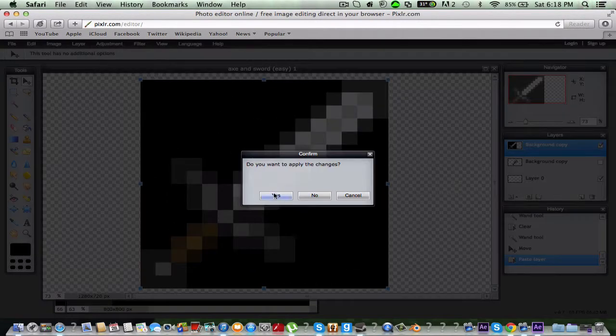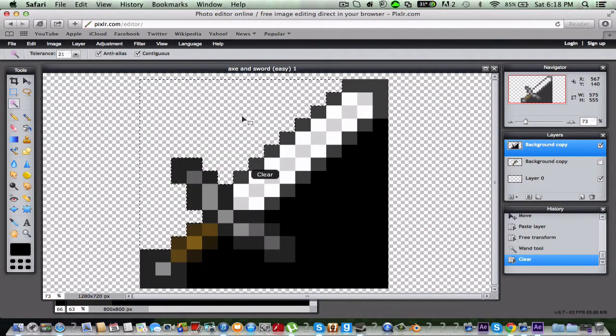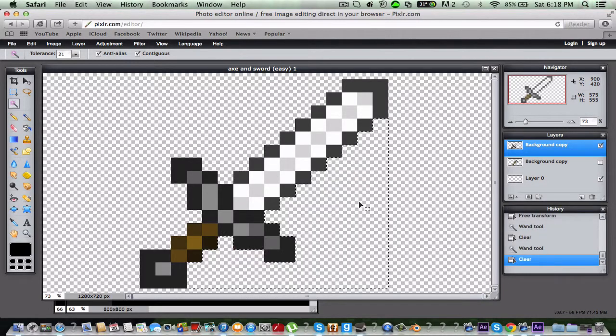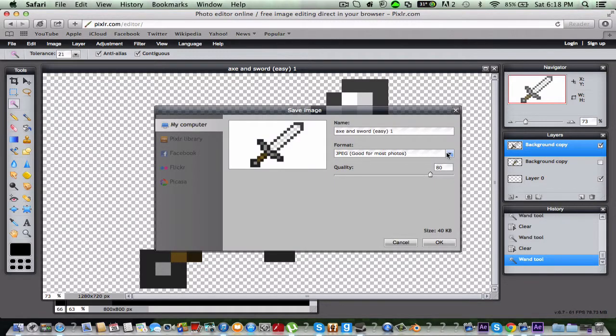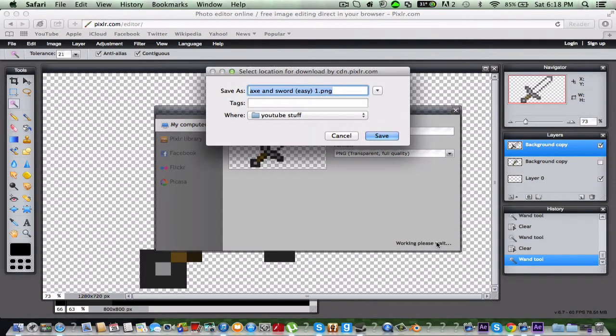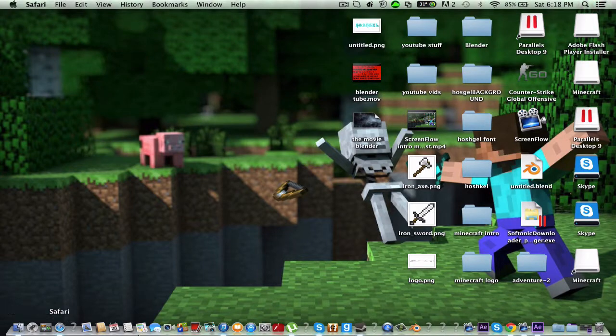Okay. Grab our magic wand and click the dark spaces and click delete. So there's our transparent sword, and click save. Go to PNG, and we're just gonna take this 0 out of here so it doesn't do anything. And save. Okay, so I don't need this Pixlr anymore, so what I'm gonna do now is go back to